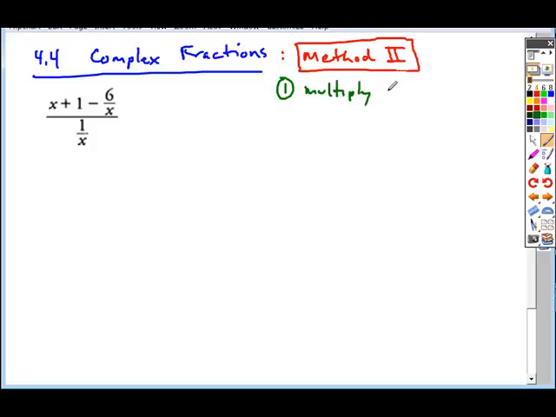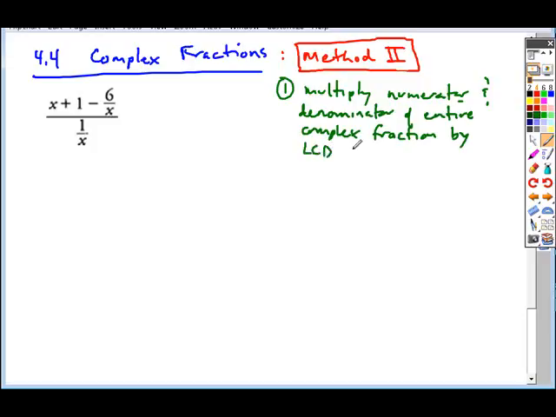multiply the numerator and denominator of the entire complex fraction by the LCD of all fractions over itself. Okay, so what that means is